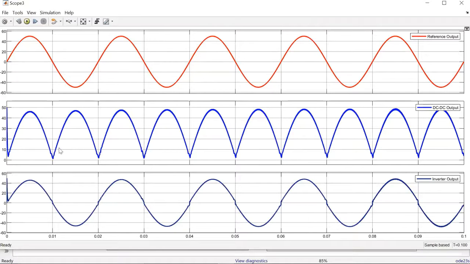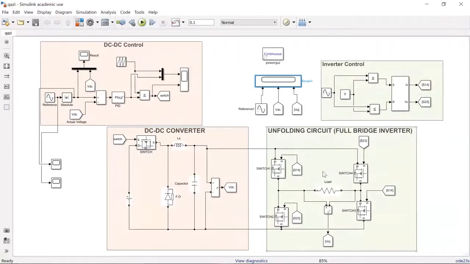This is the DC to DC output, which is a rectified DC, whereas the inverter output is almost sinusoidal, meaning it's tracking the reference input. So you can see that without using a PWM technique we can generate a sine wave, and we don't require any filter here. So that's how the control circuit works.